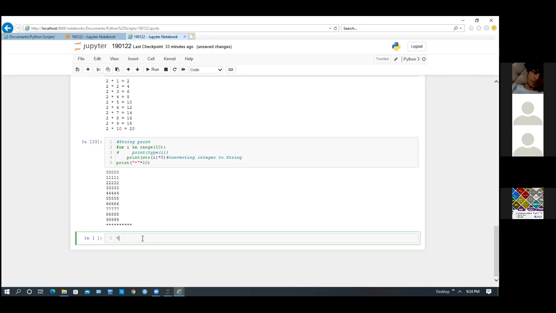Like 6. What are the factors of 6? 3, 2 and 1. If I add 3 plus 2 plus 1, what will I get? 6. Every number is not like that. If I check 28, what are the factors of 28? 1, 2, 4, 7 and 14.